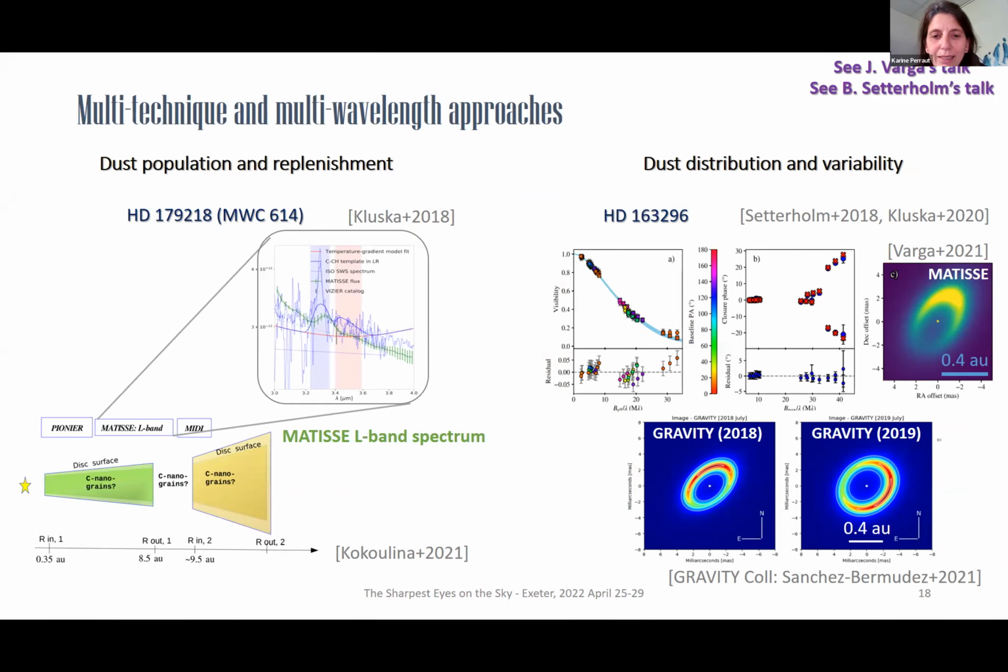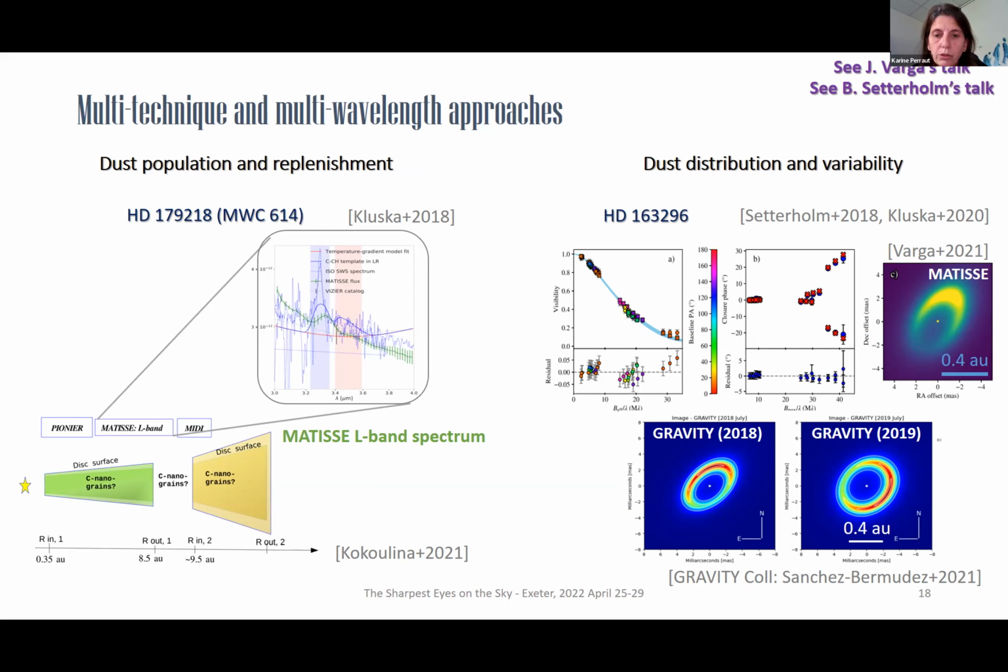Probably we will also have a detailed talk on this object. So the question of this vortex here, or these arcs here, can trace some inhomogeneities in the disk.